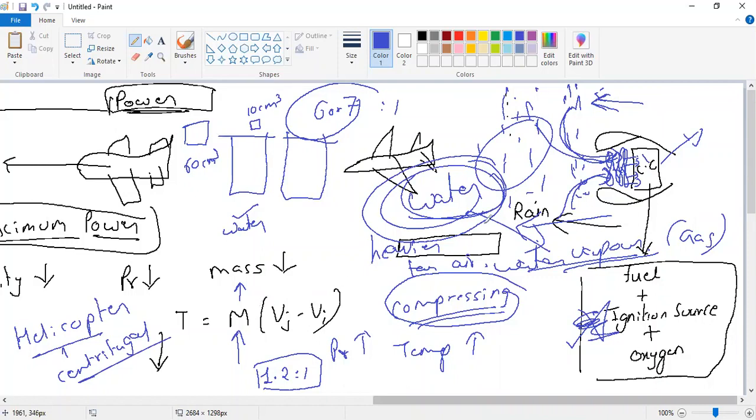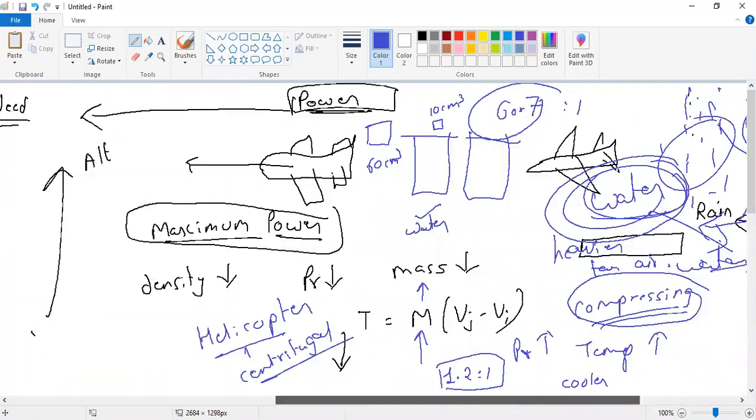The second important thing about rainwater going inside is that water will be cooler than the air, right? Compared to the dry air, the temperature of the water will be less. So if I have water vapor entering over here, whose temperature is less, I can add more fuel, correct? More fuel means more thrust. Understood here? More fuel means more thrust.